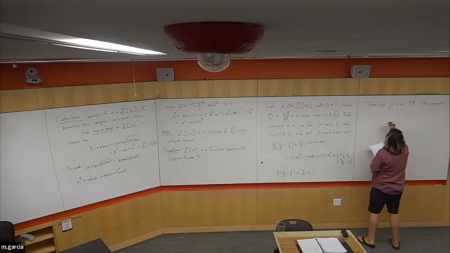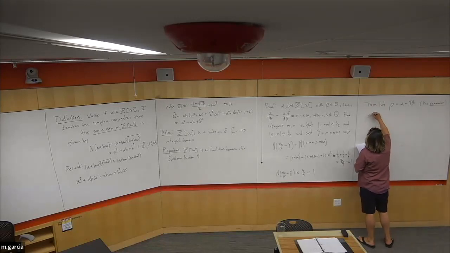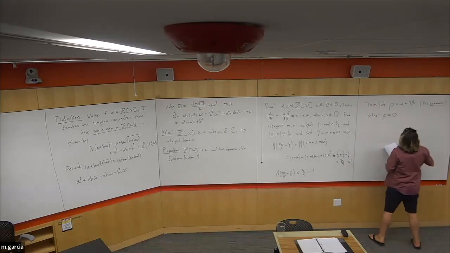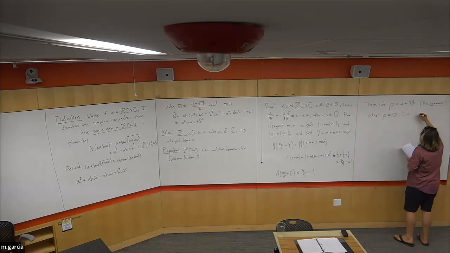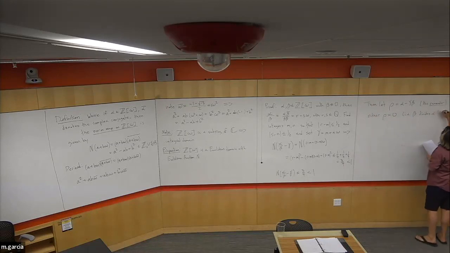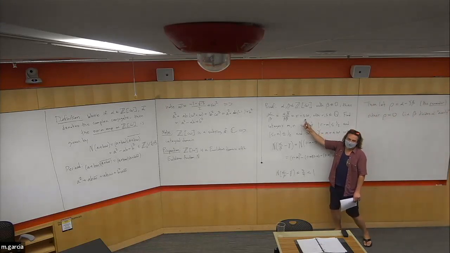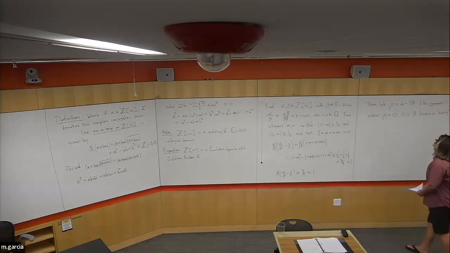So at this point, either rho is equal to 0, i.e. beta divides alpha evenly, that is to say, r and s were actually integers here. Or